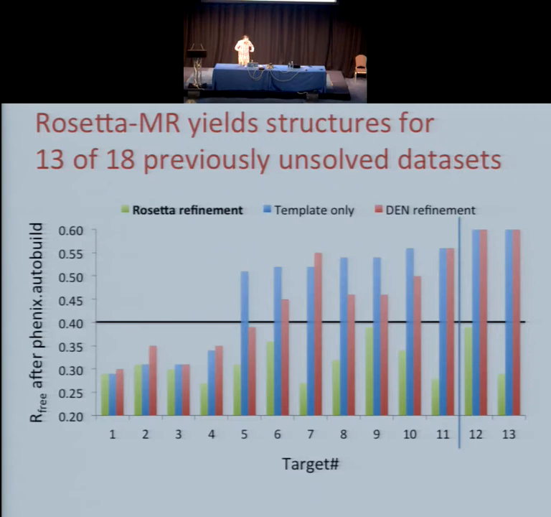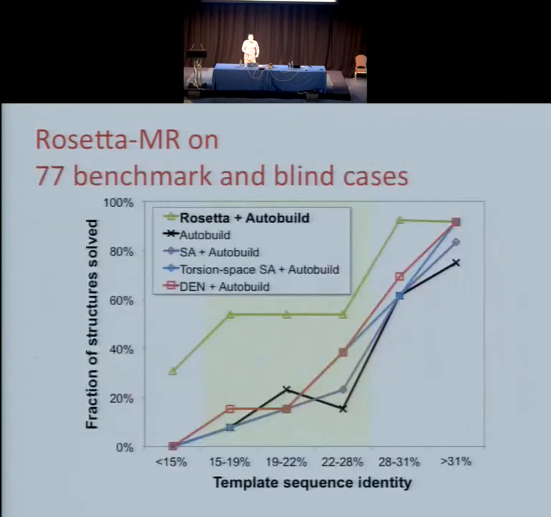After we'd solved these 13, we wanted to ask whether Rosetta MR was necessary to solve them. So we went back and looked with several other methods, using the template that was ultimately used to solve the structure, and asked whether we could have solved these structures using alternate methods. It turns out that for the first 5 of these cases, they were solvable by other methods. But for the remaining 8, only MR Rosetta enabled solution of these structures. Additionally, we ran this on a fairly large benchmark set of 59 different